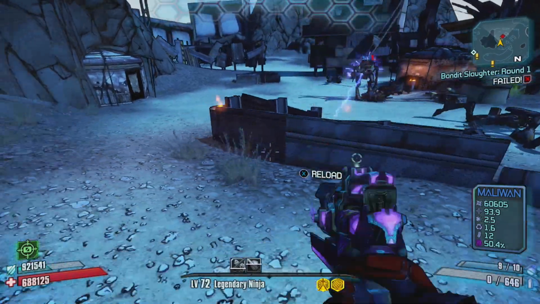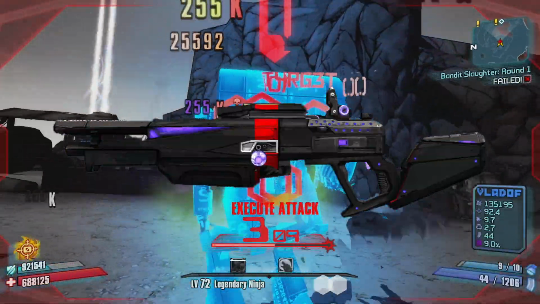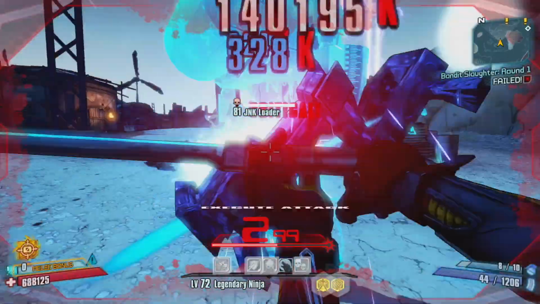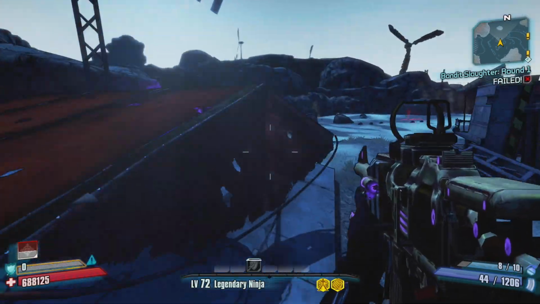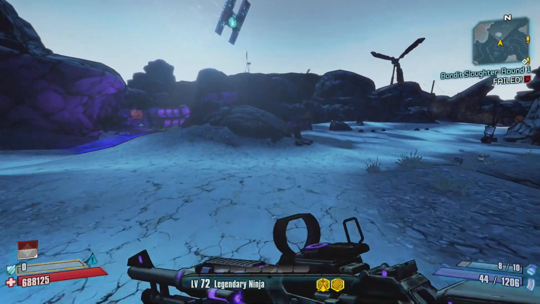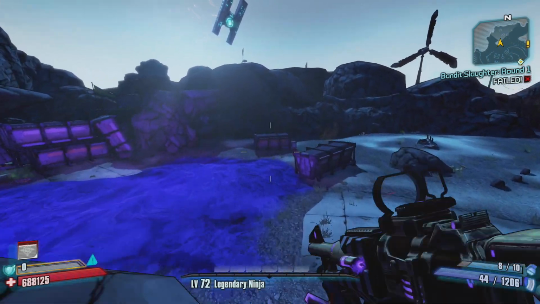Now, number 6 is a fan favorite, the Conference Call, which used to be one of the best guns, if not the best gun, in Borderlands 2, back when it was level 50, and even at level 61. It's not as effective at 72, and especially not at OP8, but unfortunately, I'd love to see a gun like this return in Borderlands 3. Basically, this is